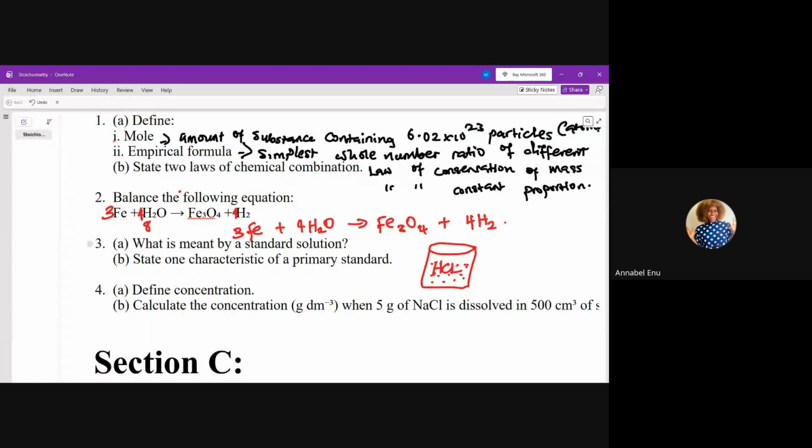So that is why when acid is already mixed with water, we can say it is now less concentrated, because the water has diluted the amount of it. Okay. Then the next question says we should calculate the concentration